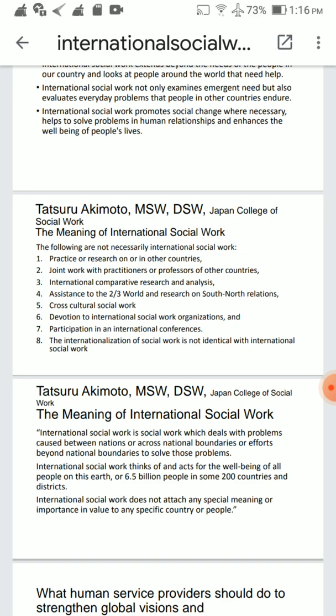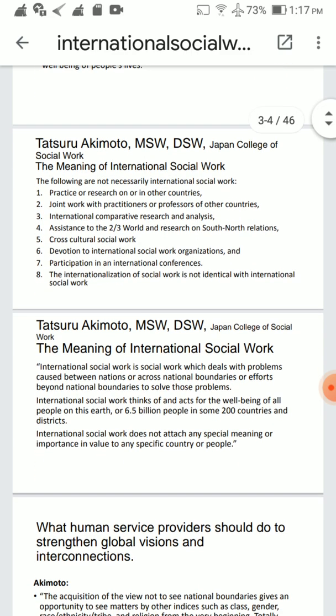Number four, assisting the second or third world in research on South-North relations. Fifth, cross-cultural social work. Sixth, devotion to international social work organizations and participation in international conferences. Eighth, the internationalization of social work is not identical to international social work. But the real meaning of international social work is this: